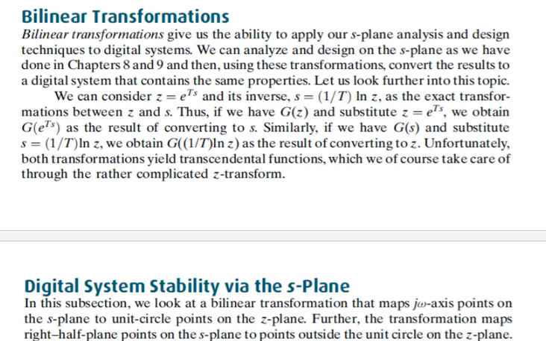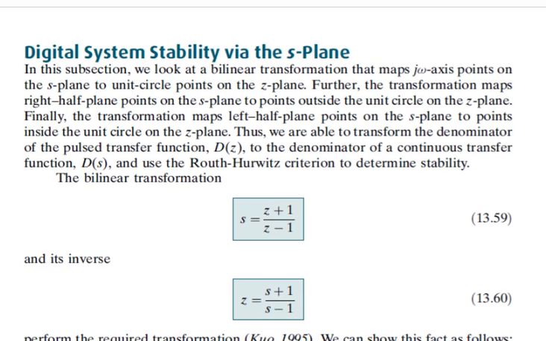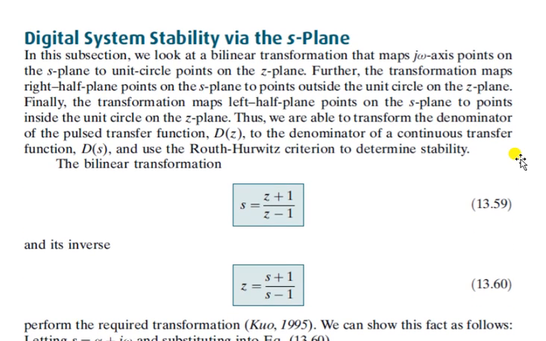In this topic mainly we will talk about the stability for the Z plane. As we know, for the stability, we use Routh-Hurwitz criteria in the S domain. But as we are going to talk about the stability for the digital system, or you can say for the Z plane, first we will convert the Z domain into the S domain. Then we will apply the same Routh-Hurwitz criteria, because Routh-Hurwitz criteria is only for the S domain. So we cannot implement this Routh-Hurwitz criteria on the Z plane directly.